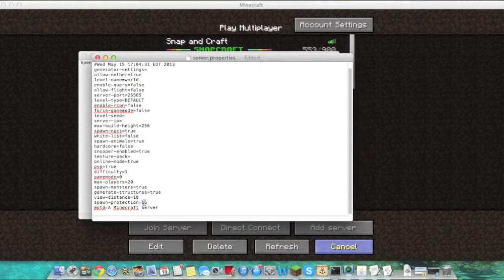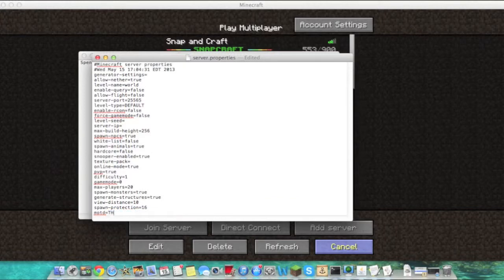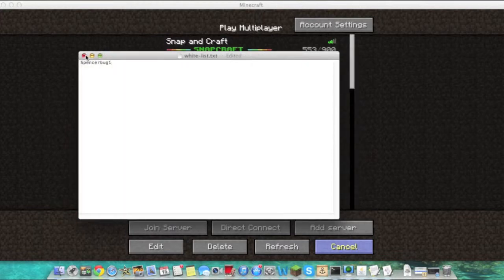So spawn monsters, same thing as all the other common sense. And spawn protection, that's how far from spawn non-op people can't break stuff. Then MOTD is basically your little memo at the beginning. Now if I wanted to call it the freaking awesome server, I would type that in, close it,